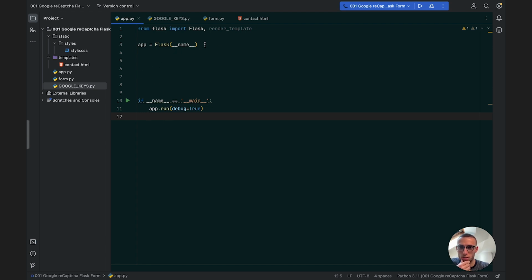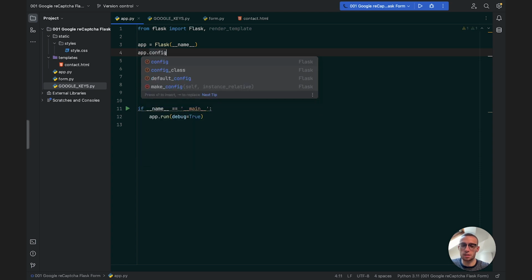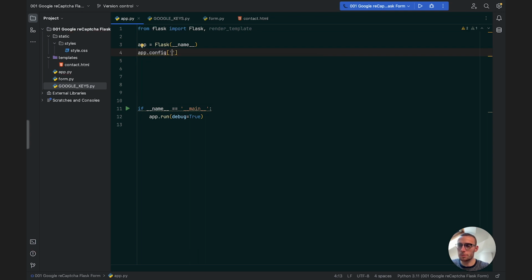Okay, so now before I start our first route and where we're going to have our contact form, I'm just going to set our secret key because we are going to need it to enter a CSRF token that is needed on every single form using Flask and Flask-WTF. So just set that up right now, secret key, and we're going to have that set to "my secret key". Of course, that's not really secret or secure. It's just right now that will be enough. For a real live application you're going to push into production, you would want to save this secret key variable